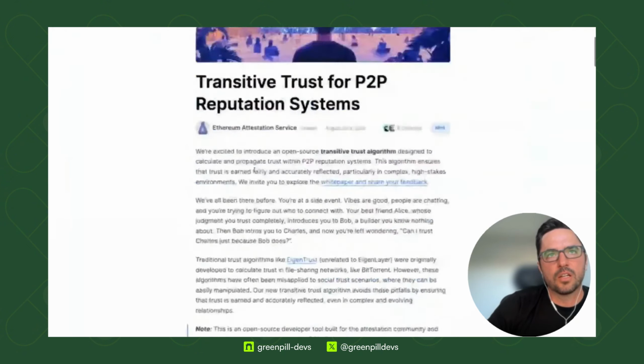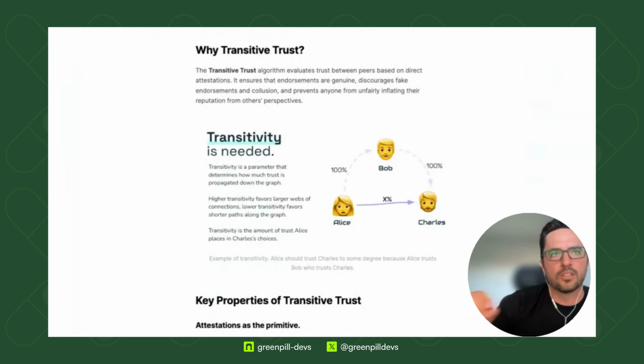So it allows you to easily calculate how much I should trust. If I trust Afo and Afo trusts Paul, then I should trust Paul a little bit, but that doesn't mean that Nick has to trust Paul at all if we're not connected in our network. You can use any sort of data as the signal. We think attestations are great, but it could be any type of data, and it just allows you to quickly calculate it.